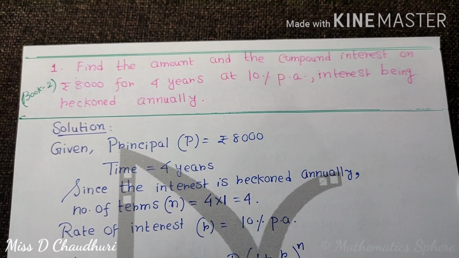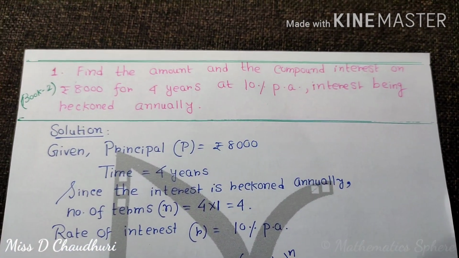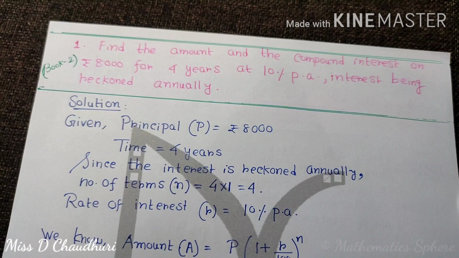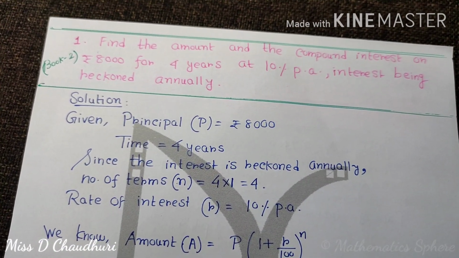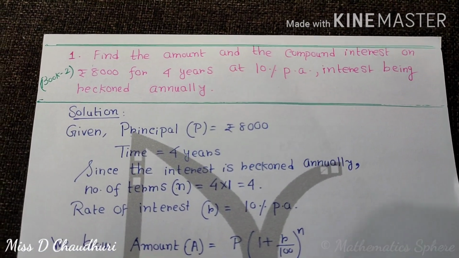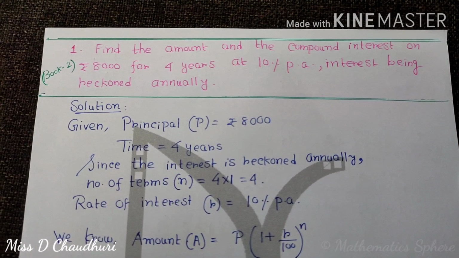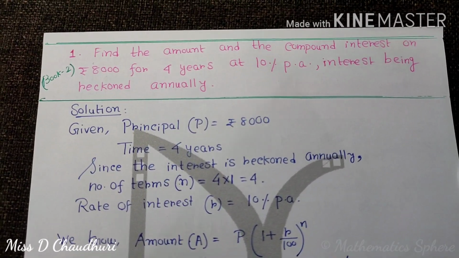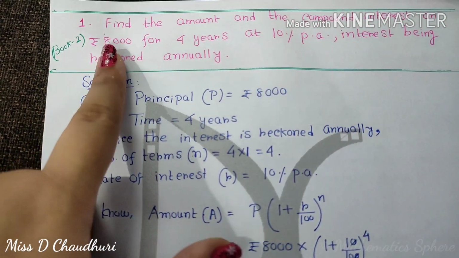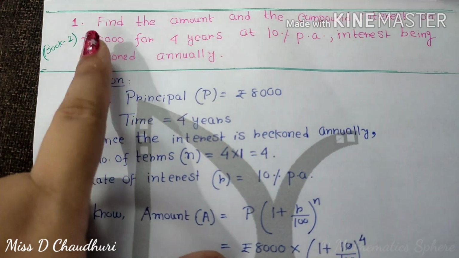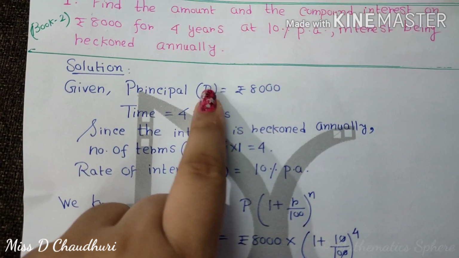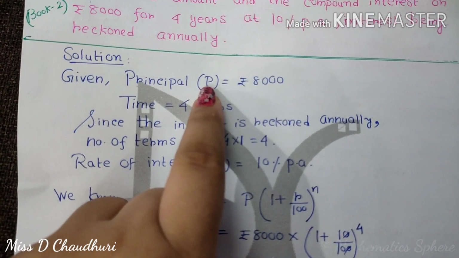You will have to understand the initials. What is P, what is N, what is R? If you can find all these things, then the question will be very easy, because there are a lot of questions in the exercise. You will think that all the questions are different, but no. If you go into the question and understand it, then it is not very difficult. So first we will write down the things which are given to us. We can see that 8,000 rupees is the amount on which the interest is calculated. So obviously this 8,000 is the principal. So we write given principal P equal to 8,000. Write the initials here only, or else you will not be able to use them afterwards.